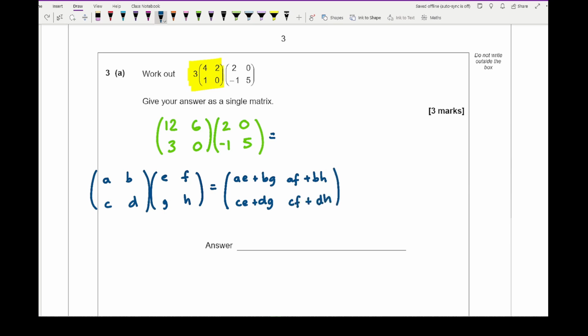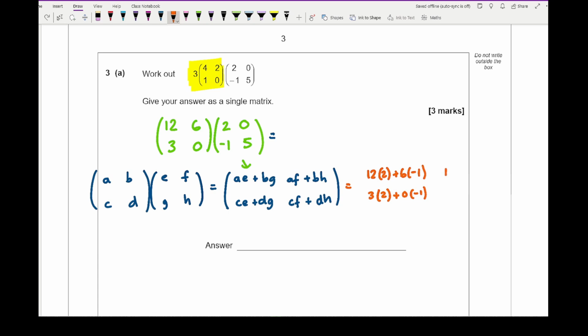And all I then need to do is just substitute those numbers in. So what I end up with, if I plug that into this, is 12 lots of 2 plus 6 lots of -1. Here I'm going to end up with 3 lots of 2 plus 0 lots of -1. And then